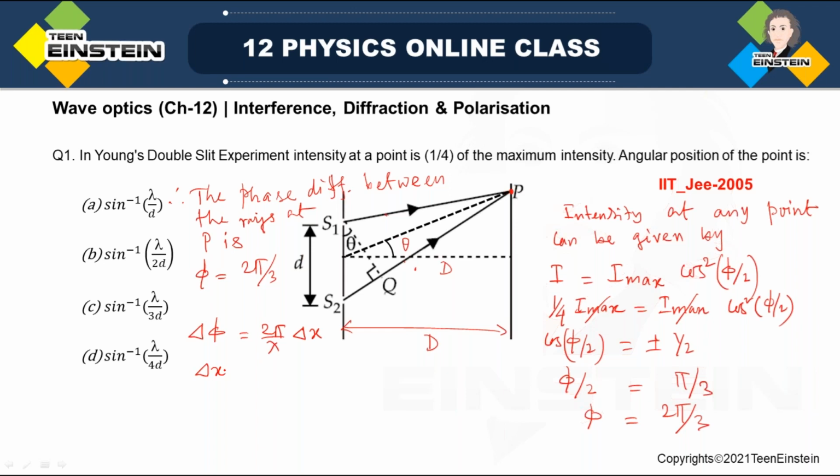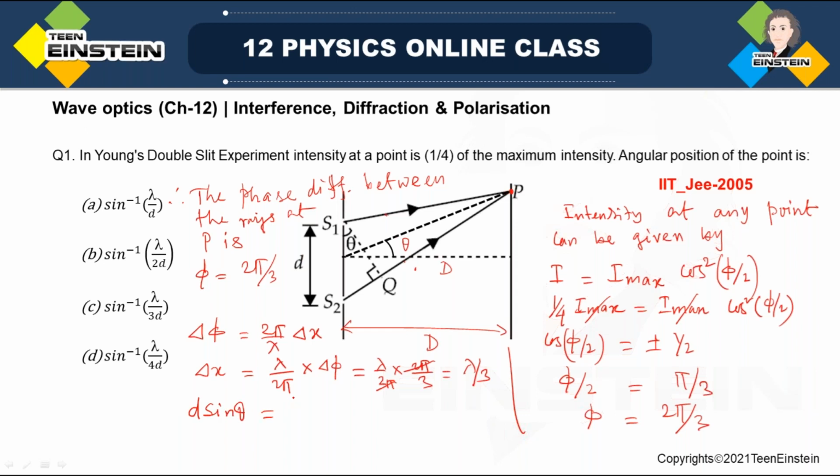So if you want to find out the path difference, then delta x is equal to lambda by 2 pi into delta phi, that is the phase difference. So lambda by 2 pi and phase difference is 2 pi by 3. So we have got path difference to be equal to lambda by 3, and we know for interference d sin theta